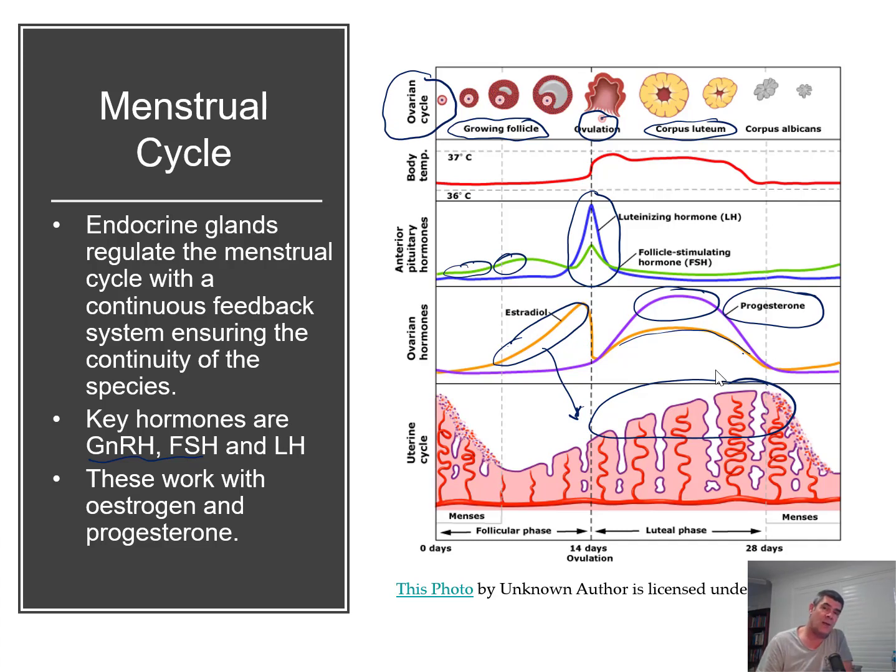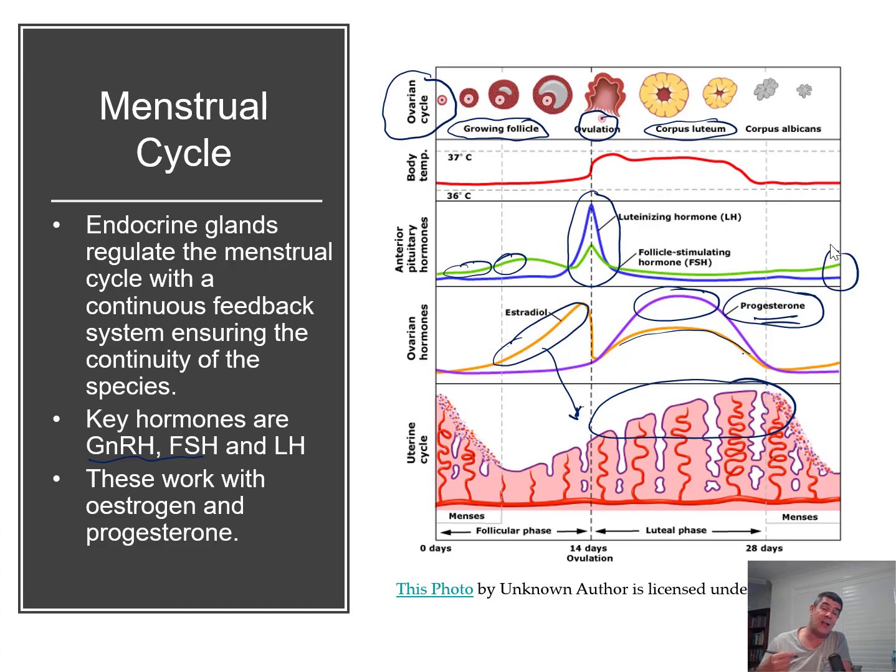hormone in order to maintain the thickness of the wall. If that doesn't happen, then you can see the levels of progesterone start to drop. Our corpus luteum breaks down a little bit into a corpus albicans, and we also have both the levels of luteinizing hormone and follicle stimulating hormone pretty much zeroed out through that stage. So obviously nothing happens,